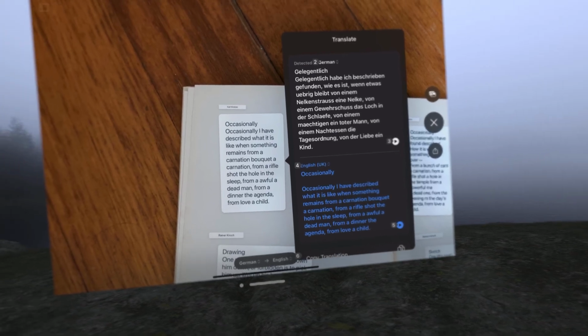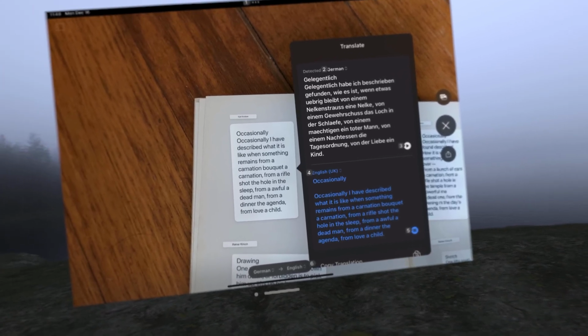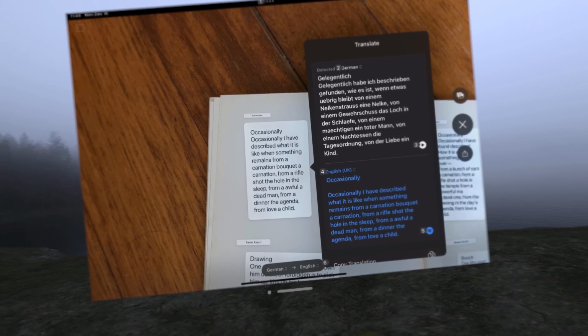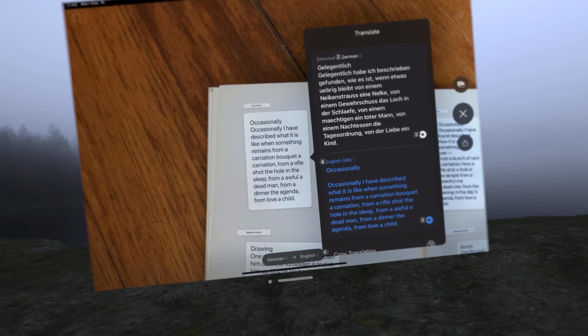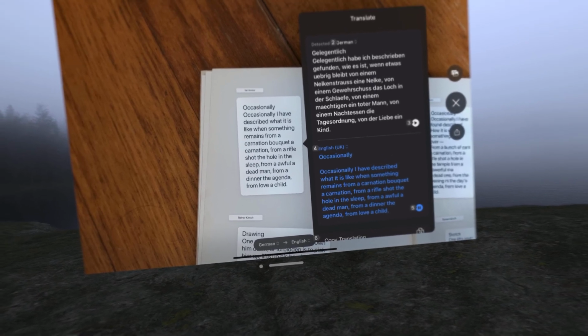Tab 5. Occasionally, I have described what it is like when something remains from a carnation bouquet, a carnation, from a rifle shot the hole in the sleep, from a awful a dead man, from a dinner the agenda, from love a